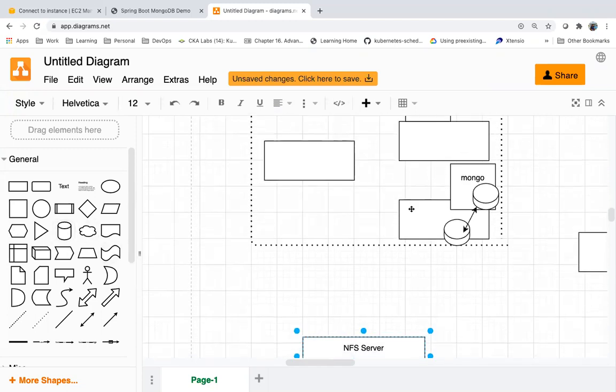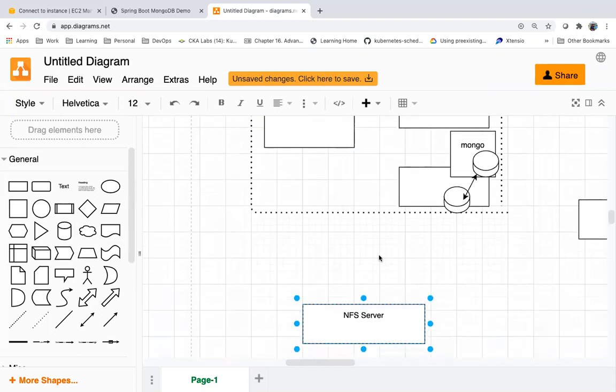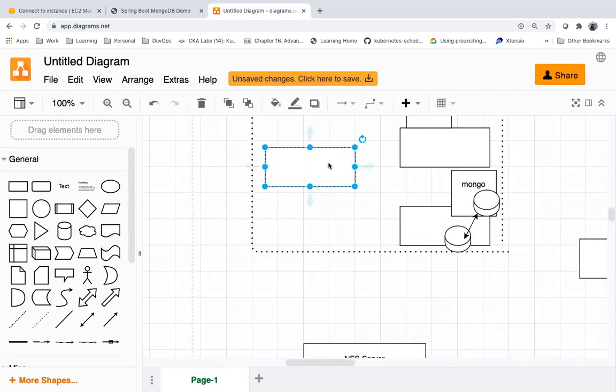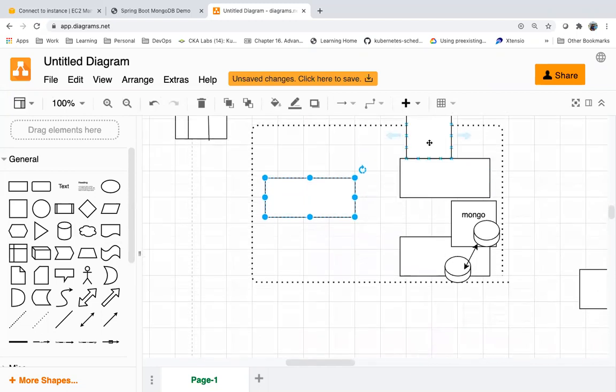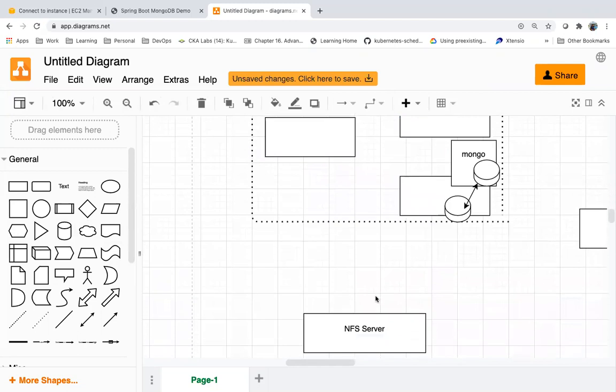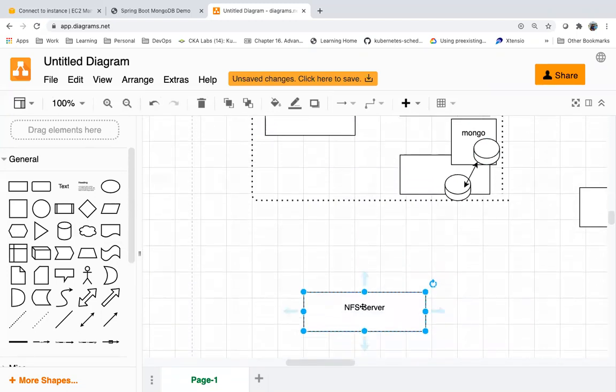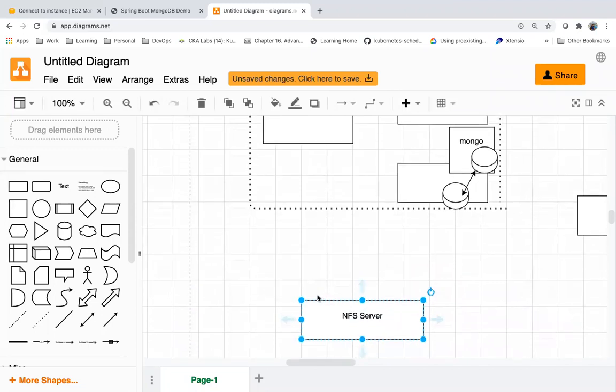So now I can maintain the data outside of my Kubernetes cluster. My container and process will be running in the cluster, but the process is maintaining the data outside of your cluster, right?